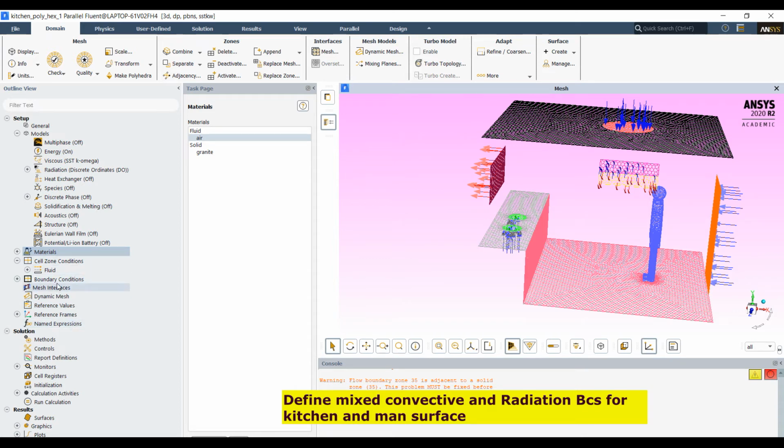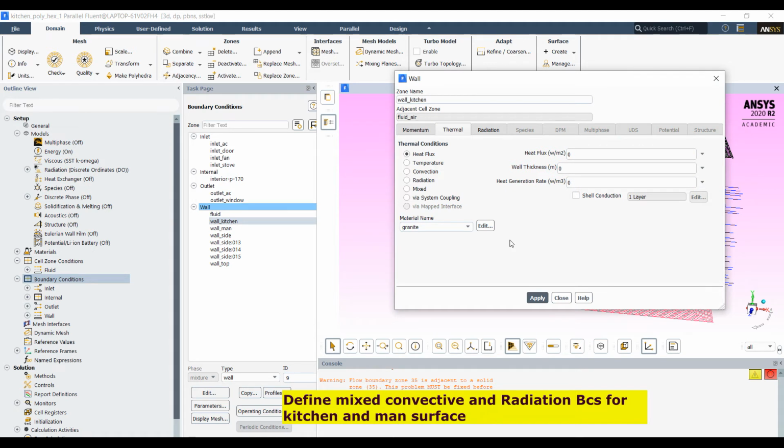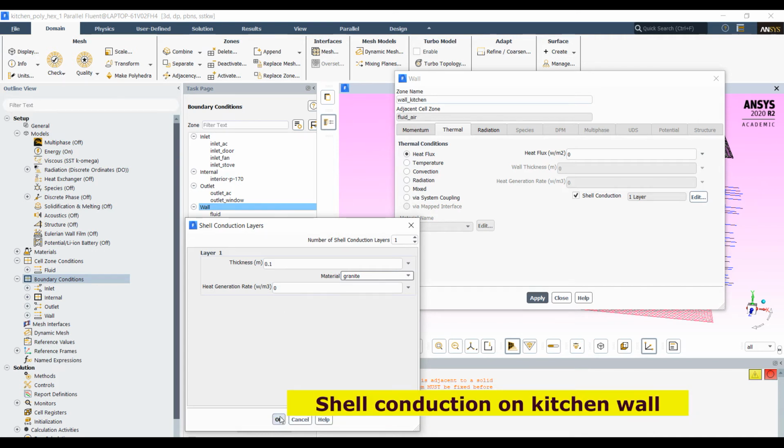And then go to boundary condition. Then wall for kitchen. I am giving shell conduction, and material I am selecting granite, which has a thickness 0.1 meter. And apply.